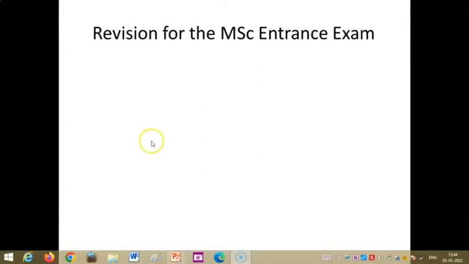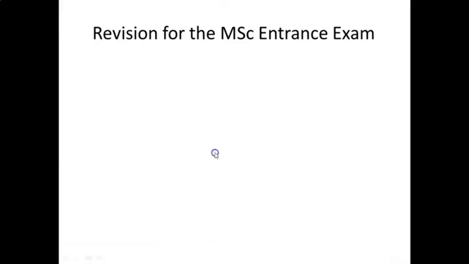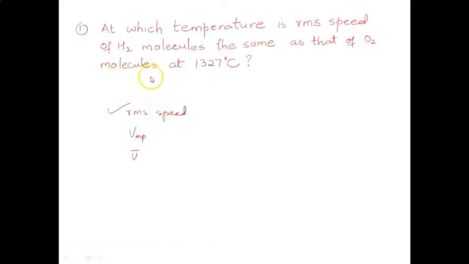Welcome students. Let us revise some of the concepts that we have learned earlier and solve a few of the problems for our entrance exam. First problem we have: at which temperature is the RMS speed of hydrogen molecules the same as that of oxygen molecules at 1327 degrees centigrade? We have learned this about the velocity of the gas molecules earlier, maybe in the second year